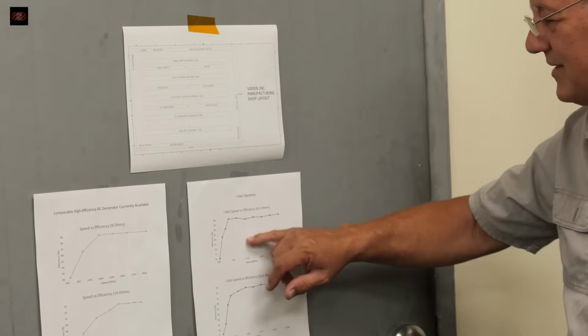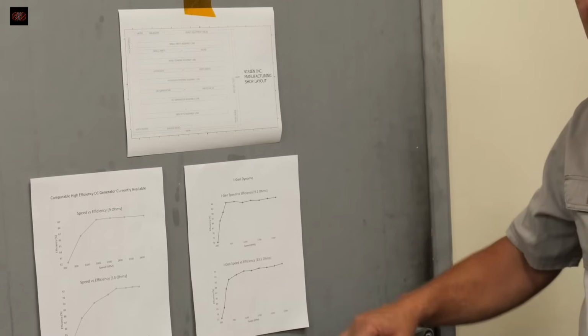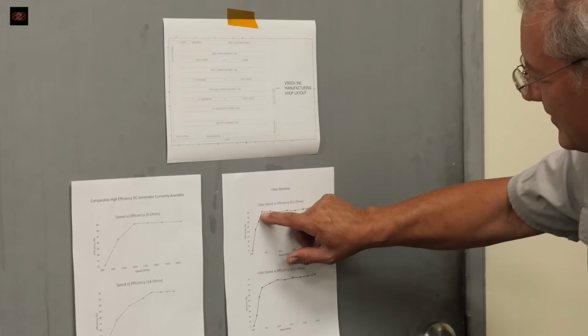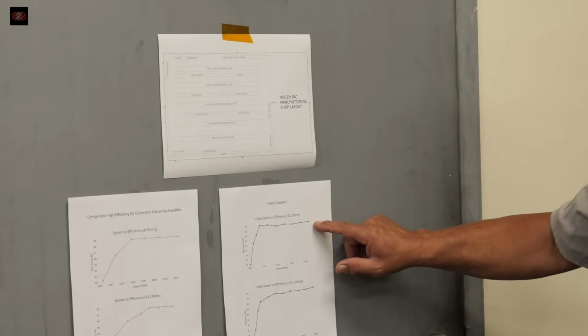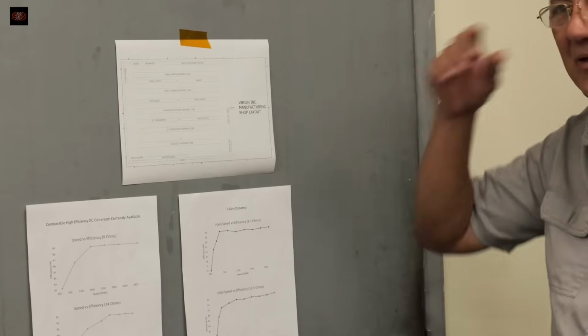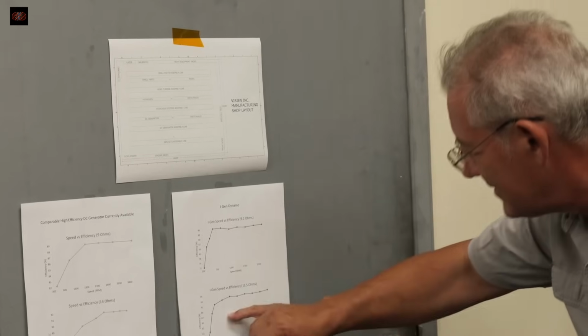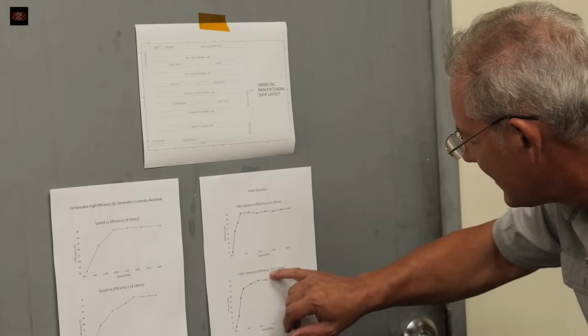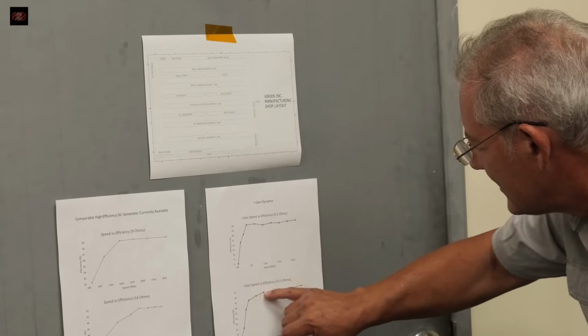This is what I did. So you see here, at about 500 RPMs, we're already 96% efficient, and it's flatline across there. So it's more like a diesel torque curve than a horsepower curve. And over here you see 500 RPMs with a lighter load. It has a little more curve to it,